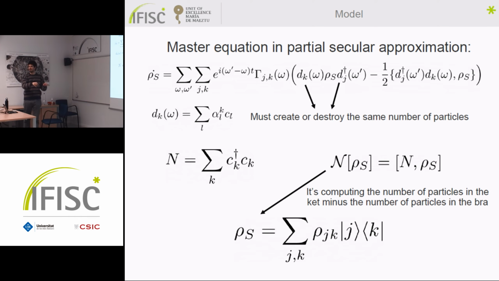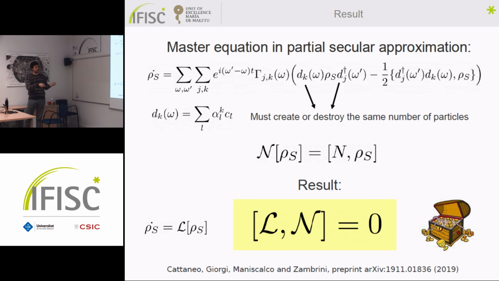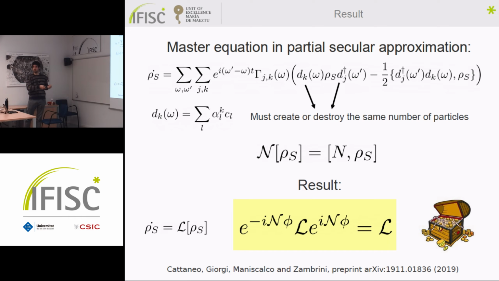I don't know if you are fully convinced, but this is the point. So what does it mean? It means that it doesn't matter if I apply before n and then the master equation, or before master equation and then n. And this is the result. That is, on the superoperator level, the Liouvillian superoperator, the one that is driving the master equation here, commutes with the number superoperator. Or if you want, we have a symmetry, what was before a symmetry, on the superoperator level of the Liouvillian superoperator, where the symmetry is generated by this number superoperator.